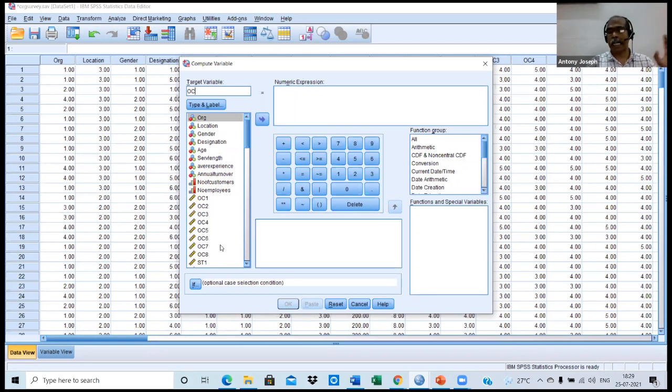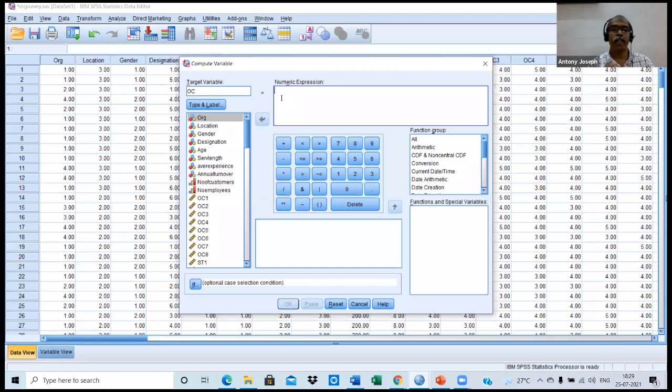You might remember the statement which was refused due to a reliability problem. That should not be taken into account. So how to compute the value? In the numeric expression cell, you type mean.